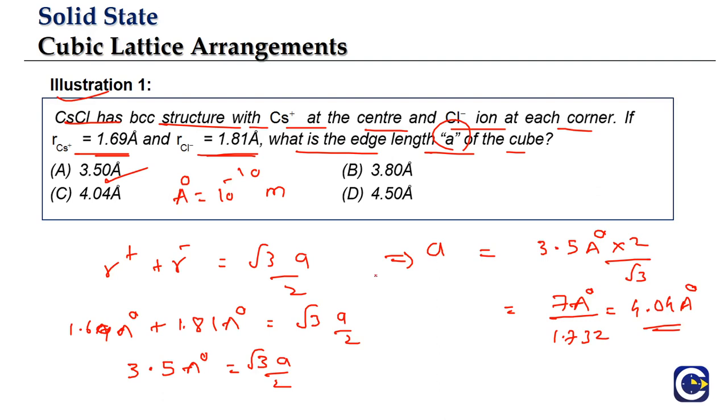So we'll have straight questions, or otherwise they can give us the edge length and one ion radius. They will give either the cation radius or the anion radius, and they will ask us to find the other one. So we have only one simple equation. In case of NaCl type of structure, we have to remember both the formulas. R plus plus R minus is equal to A by 2, that was for the NaCl. For the cesium chloride, R plus plus R minus is equal to root 3A by 2. So these are the two formulae that we need to remember.